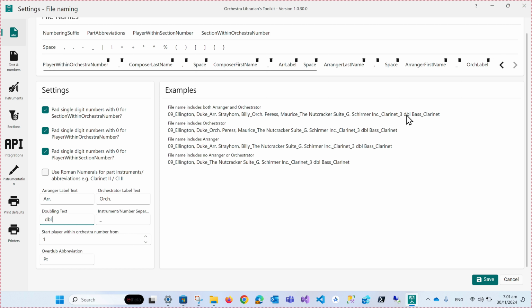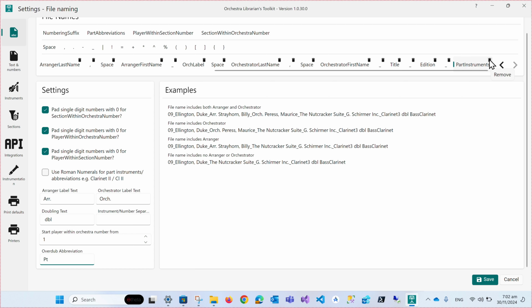So you can make it display like this. You can also change what the separator is between those so that it looks like it's spaces instead of text. If I now move back to part abbreviations,